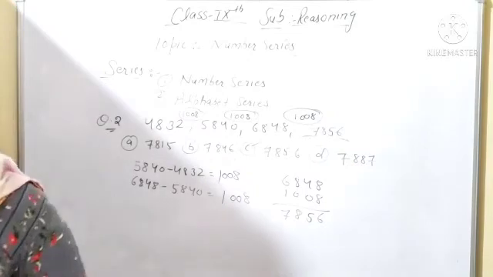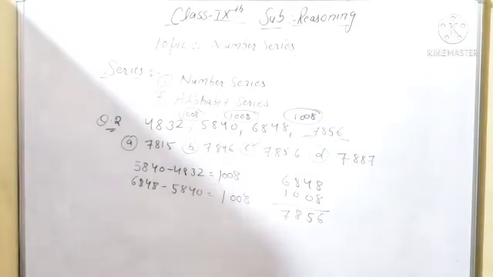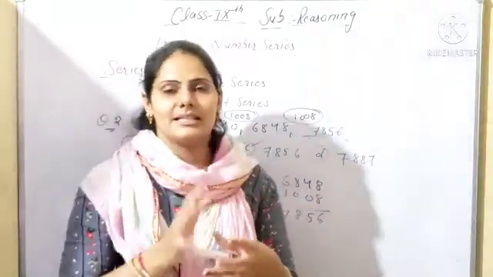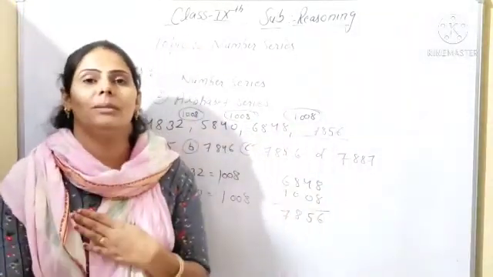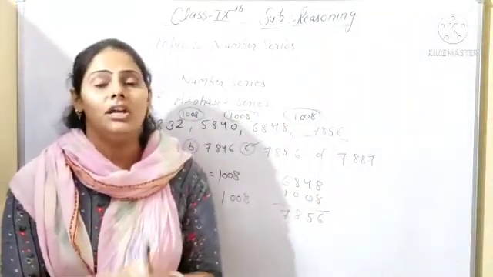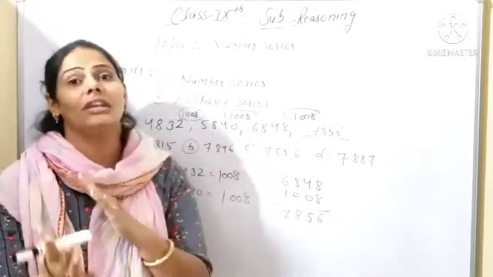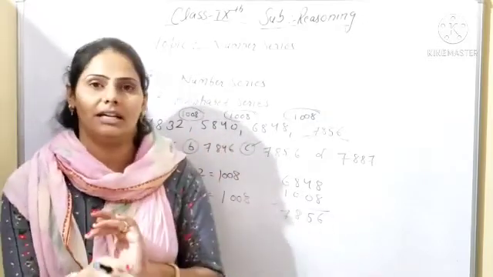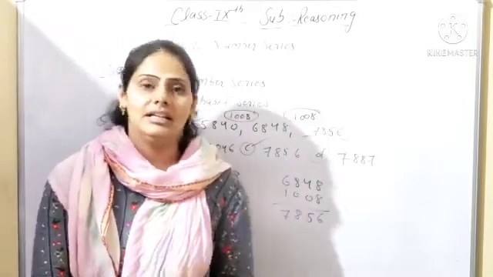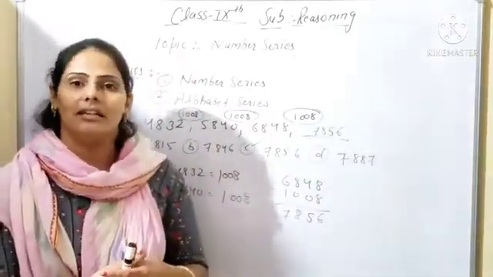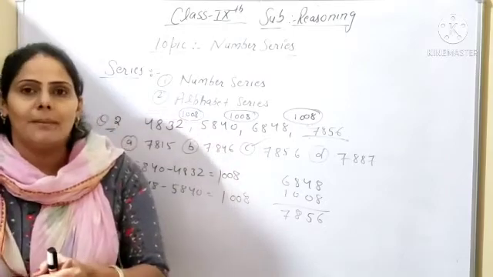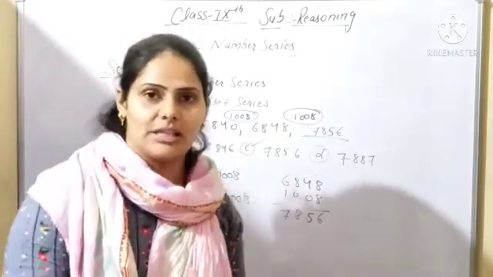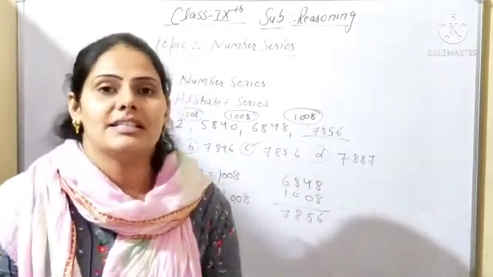Clear, all of you? So like that, first you have to check the difference of the first and second number. After that second and third number. Like that you have to find and recognize the pattern. So in number series, beta, some numbers will be there. You have to find what will be the next number, what will be the middle number. So you have to follow which pattern we are following, what we are adding, what we are subtracting, what we are multiplying and dividing, and after that you have to find this number. Okay, so like that you have to complete all the examples of first exercise, exercise 1.